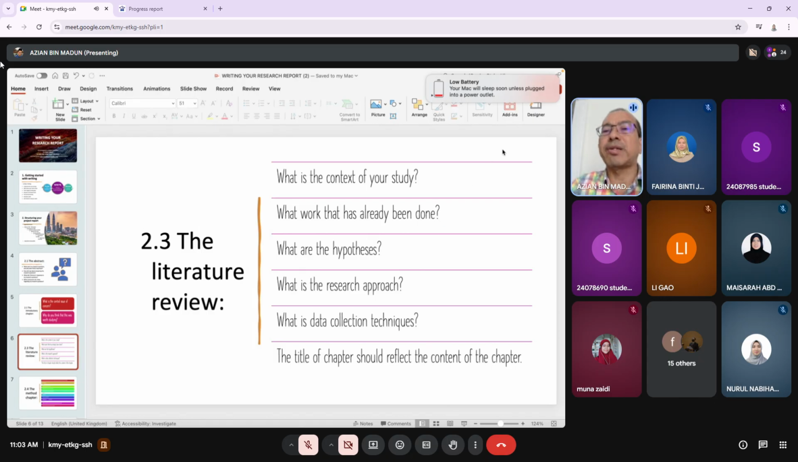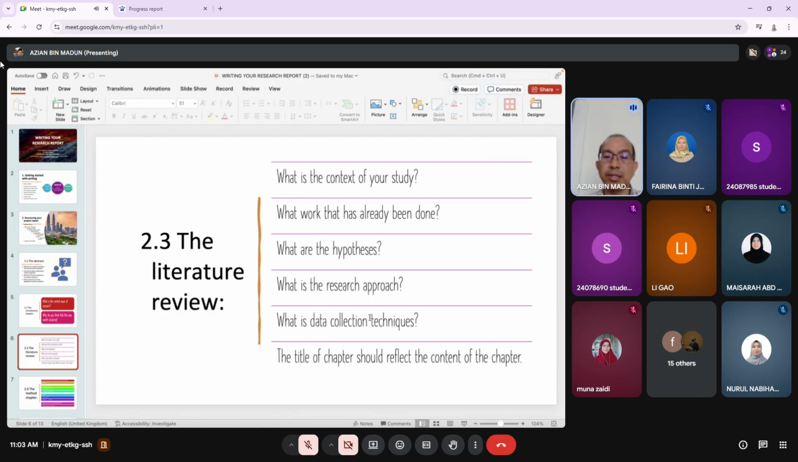Wait a moment, the battery is about to run out. Okay, I think I have to go fast, otherwise I will take too long. Talking about some methods takes quite a long time, but I will try to be as quick as possible. Okay,